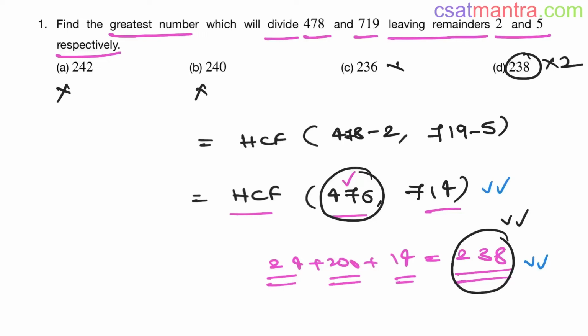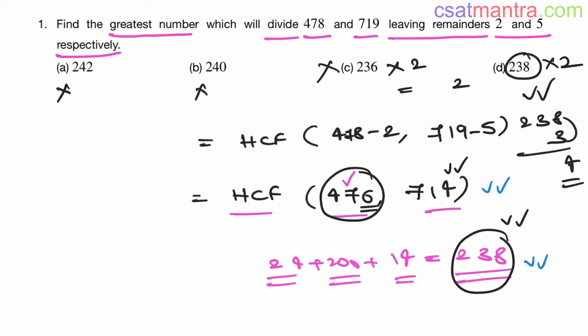Whereas for 236 2s, the last digit would be 2, whereas we have last digit 6 here. So this can never be our answer. This is our answer. 238 3s: 3 8s are 24, the last digit is 4, and here we are having 4. If you do 236 into 3, the last digit would be 8. We don't have 8 as the last digit here. So you don't need to solve these problems fully, my friends.